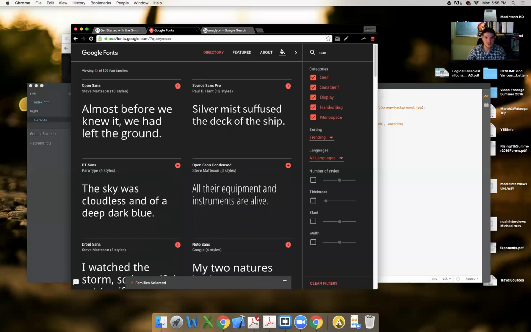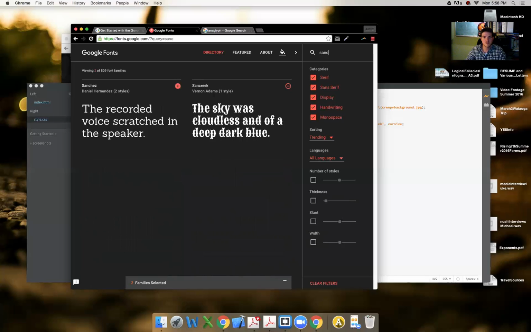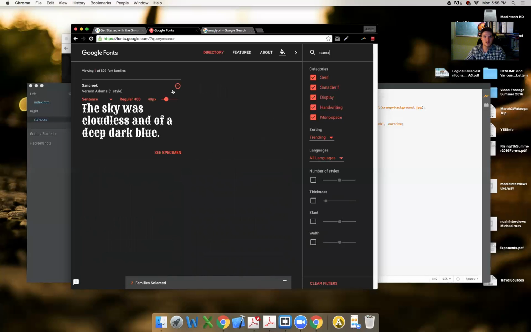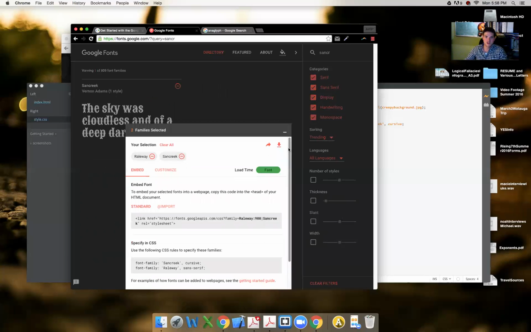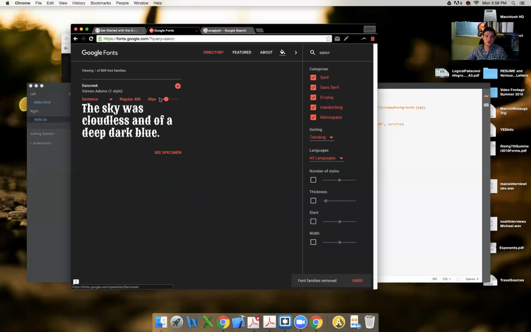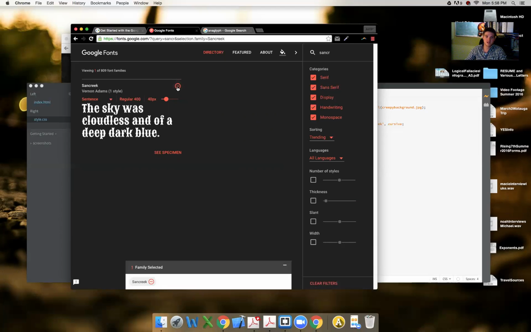I liked that one, right? So Sand Creek, here it is, Sand Creek. So what you have to do is you would just go to clear all. You just go to Sand Creek here, and you should have this little plus button. And by the way, you can select multiple fonts. So you click this plus button, it selects the font, and then it adds it to essentially a